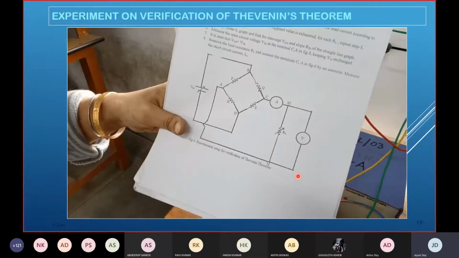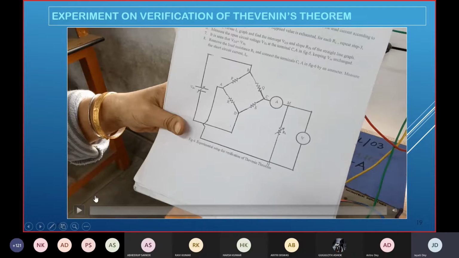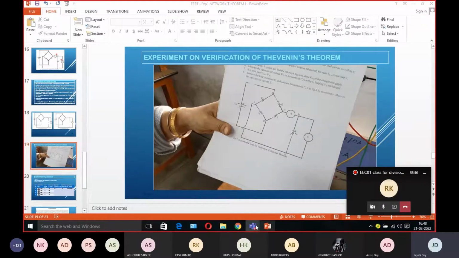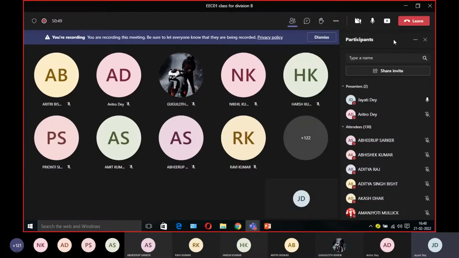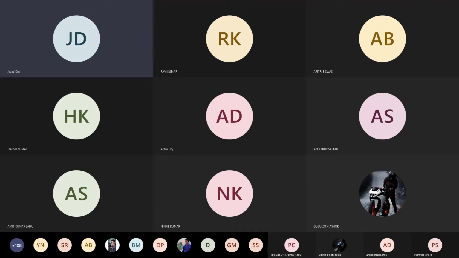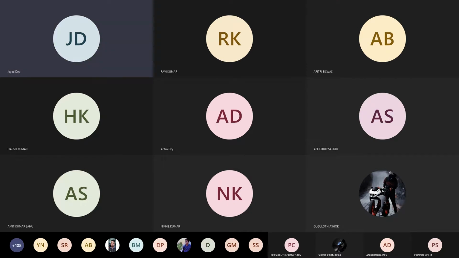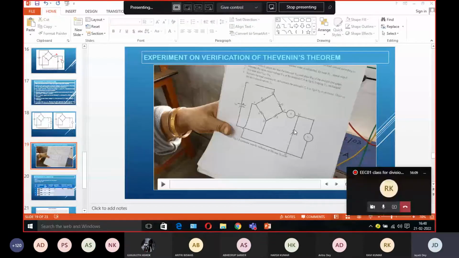So what is the experiment? Let me show you. First of all, this one, then this, and let me go to the